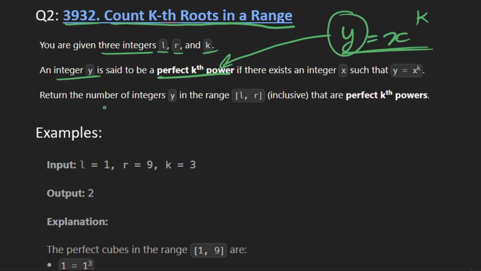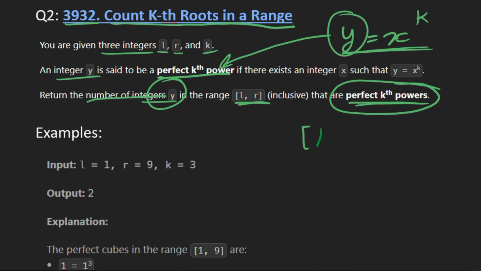So now what we have to do is return the number of integers y in the range l to r that are perfect kth powers, right? So in the range l to r we just have to count the total number of perfect kth powers, and then return the count.